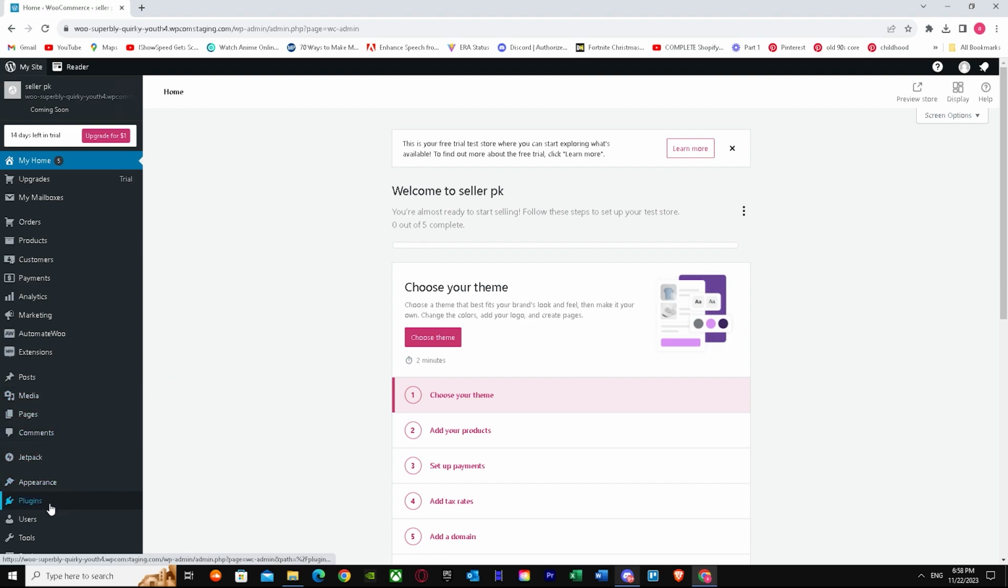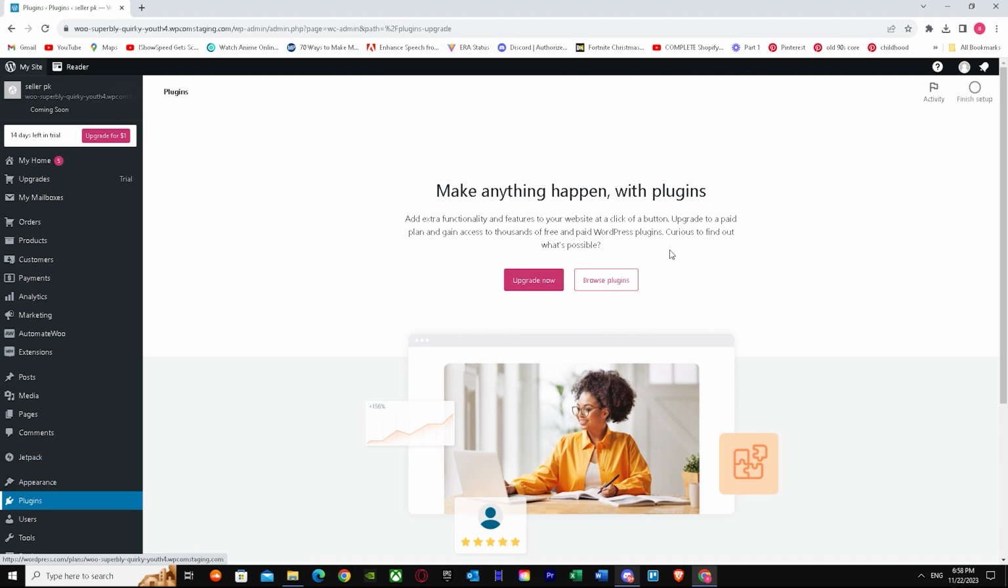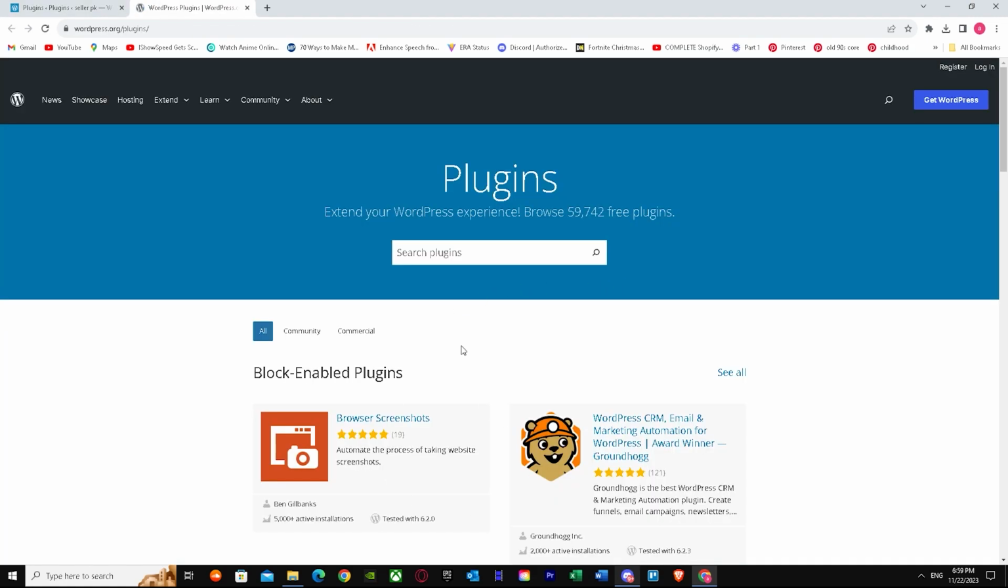When you go to plugins, remember, guys, that I have a 14 day trial account, and in a 14 day trial account I can't directly install the plugin. I can just download it, and after downloading it, I can use it after purchasing the whole WordPress. But after going to plugins, just go to browse plugins, and in browse plugins right over here, just search up